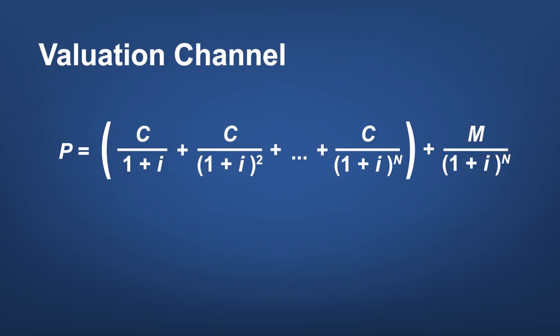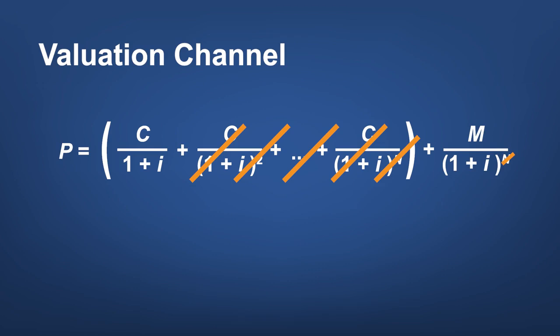When interest rates rise, we discount by more and the value of the bond decreases. This means that longer dated bonds, those are assets with a larger N, will lose even more value. On the other hand, the price of short-dated assets is less sensitive to changes in interest rates. We can throw out all of these higher power terms and we just have discounting by the gross interest rate.